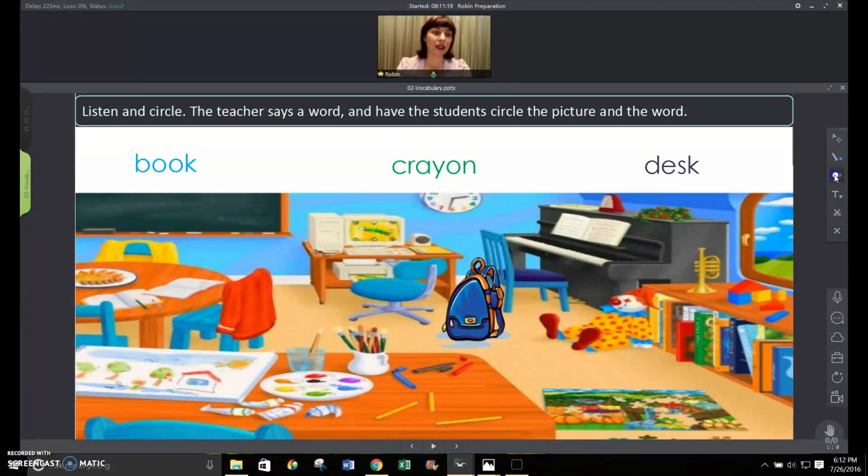So in an activity like this, the first thing I would do is simplify it. I might demonstrate what I want the students to do, and I want the students to circle pictures. So the first thing I'm going to do is say,